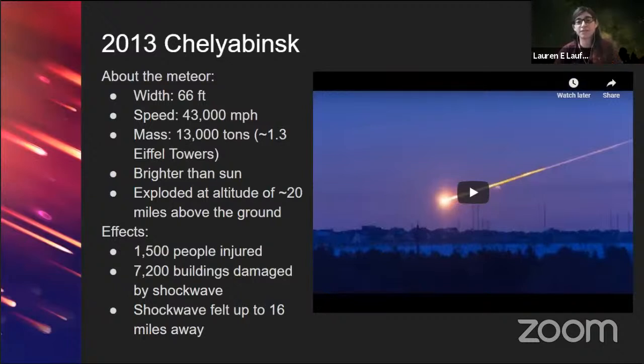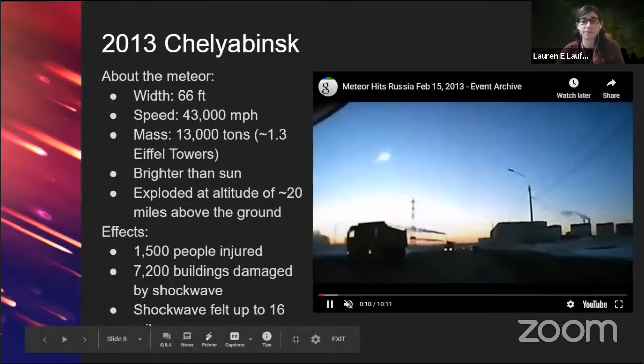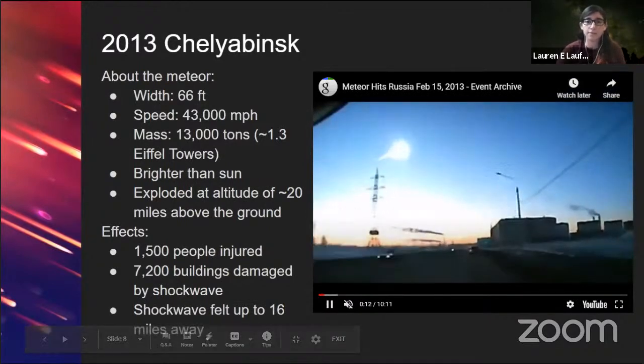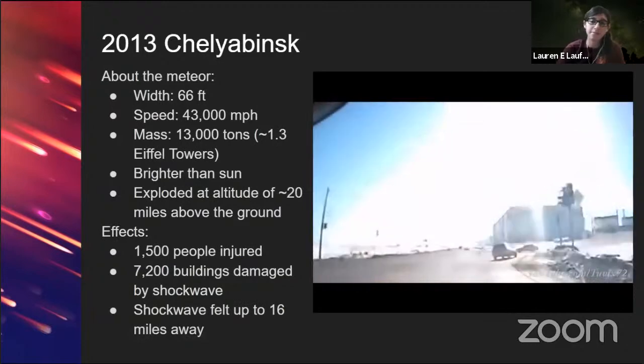Another more recent event, also over somewhat middle of nowhere Russia, is the 2013 Chelyabinsk meteor. Forgive me if I can't pronounce it correctly. Trevor, can you start the video? So this is just a short little clip that it'll play of the meteor that exploded again in midair, but